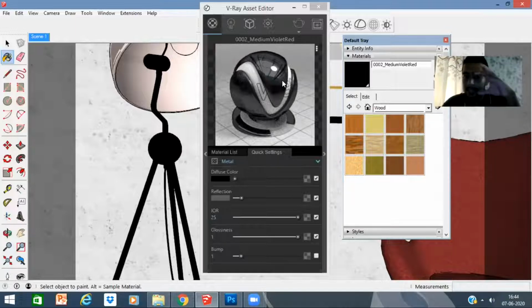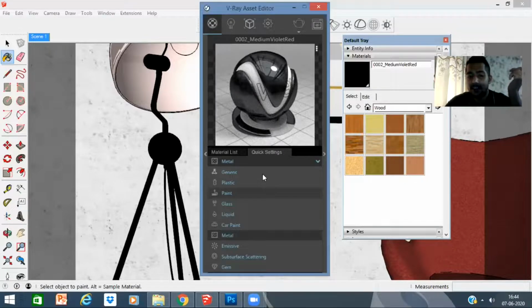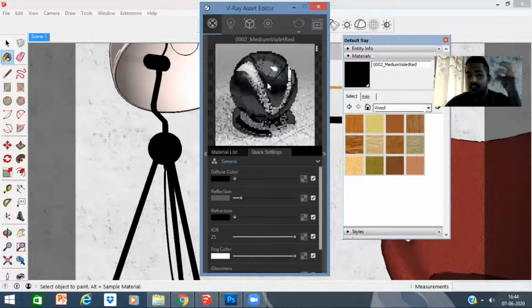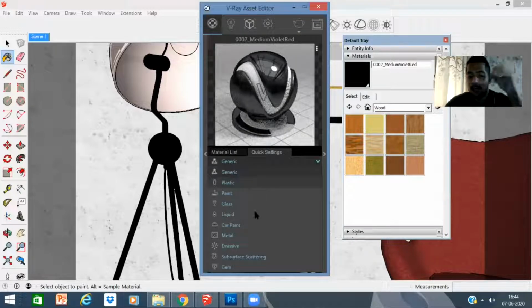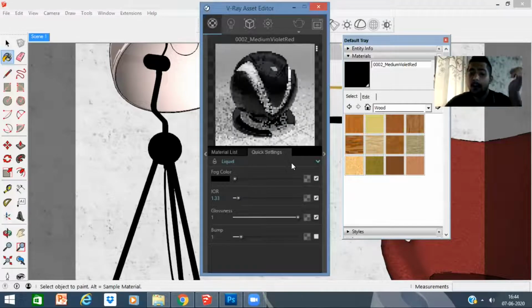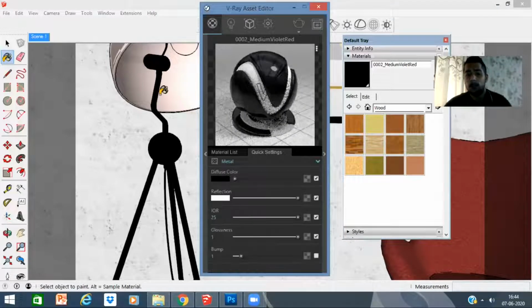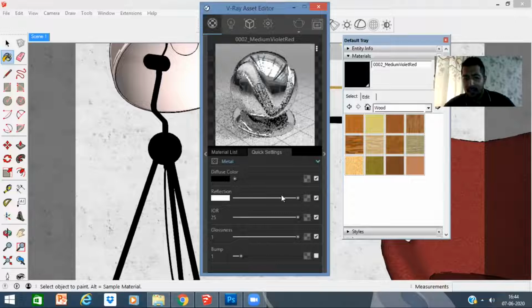Okay, so you can see the circle has this gloss to it, has this reflection to it. It's basically the setting has already been created. And you can see over here in the quick settings, we have set it to metal. So I can actually change that, let's say to generic. Generic would change its settings over here. I can change it to liquid and we'll have this other kind of setting over here. But this is a metal, right? This is going to be a metal whatsoever. And you can see now that I've changed it back to metal, we have actually lost the color that we had. So we can now bring it back and edit that very simply.